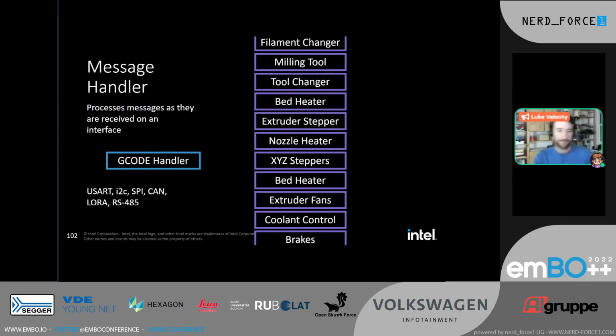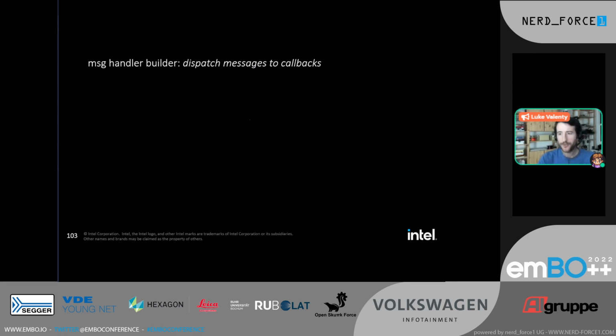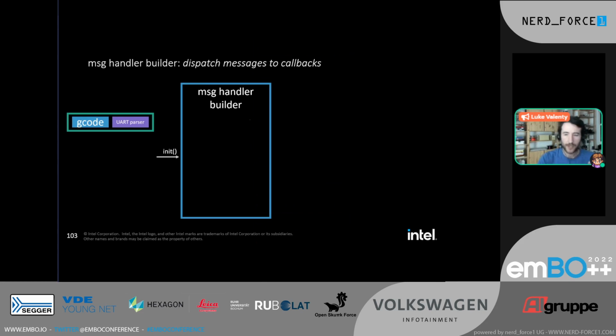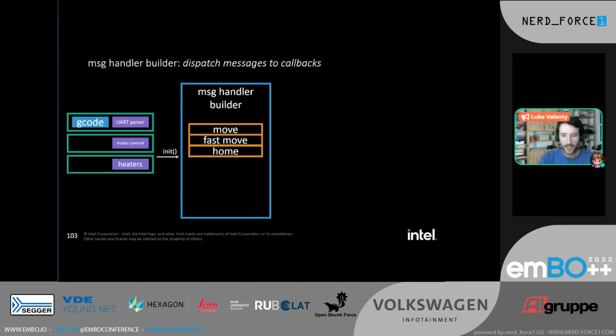Another example is the message handler. We could potentially have 100 different messages, each one being handled by different features, or maybe several being handled by features. So let's go through this exercise again. We're going to have our G-code handler service. And in that, maybe it has a UART parser for parsing these commands off of a serial interface. And we have our motor control command. Maybe that is move, fast move, home. We need to control the heaters. We need to control the fans,